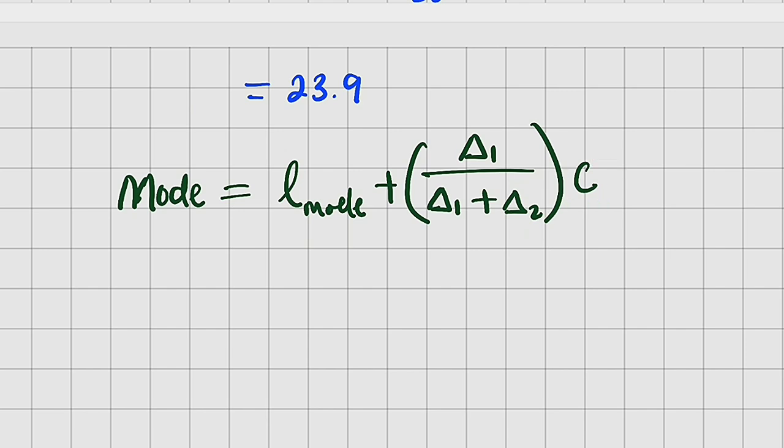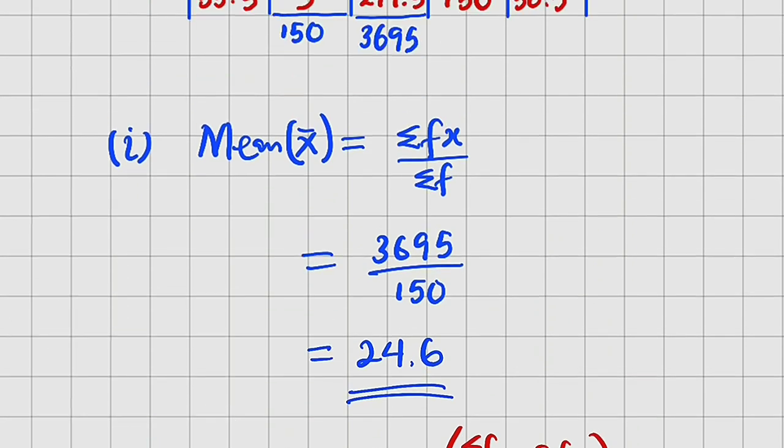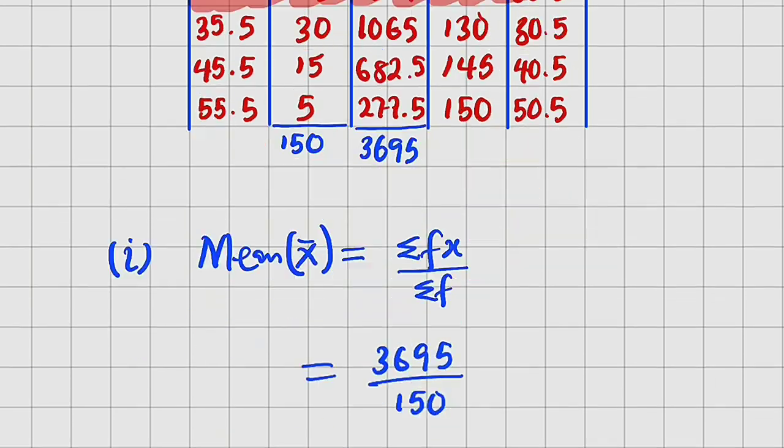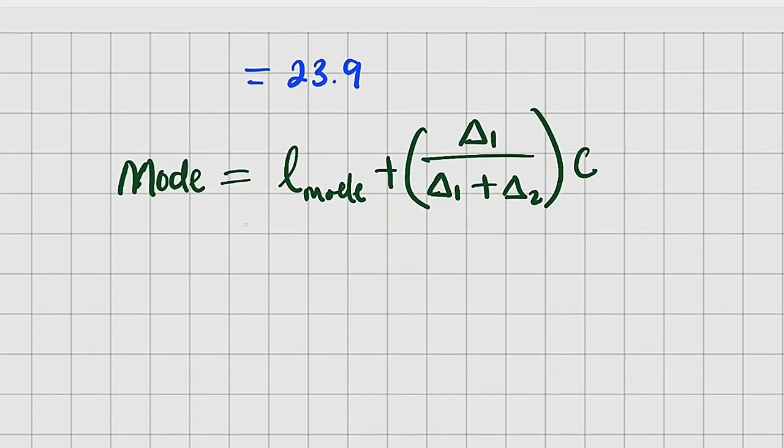Let us locate the position of the mode. Remember, mode is that class with the highest frequency. And you can see that 38 is the highest frequency right here. So it has the same position with the median. So lower class boundary remain 20.5. So this is 20.5 plus